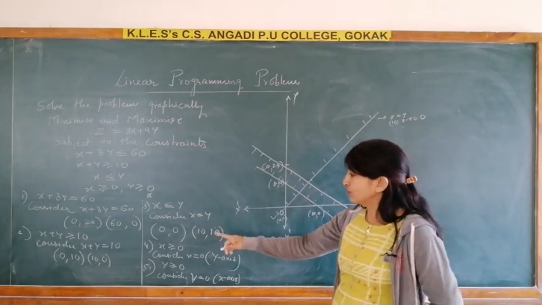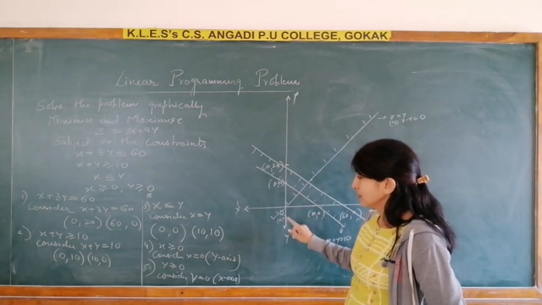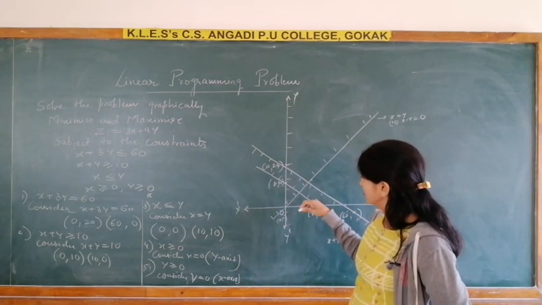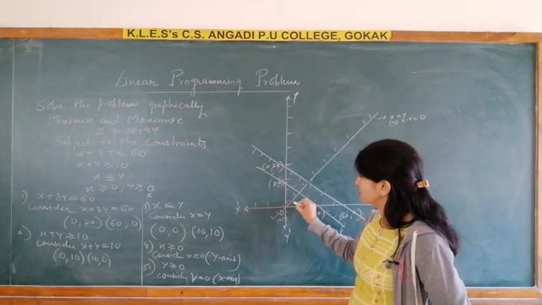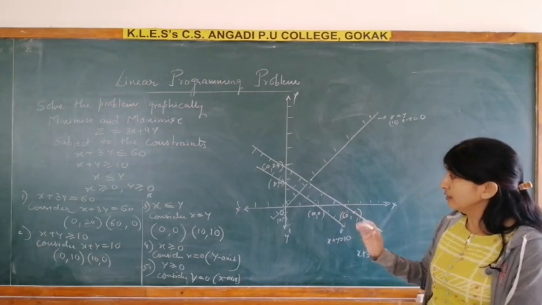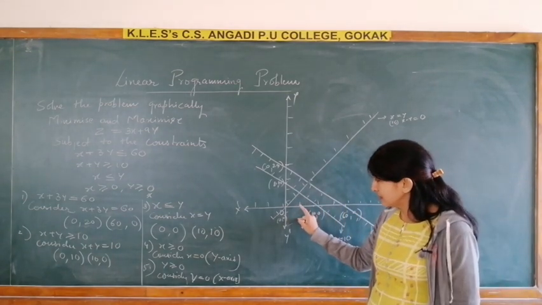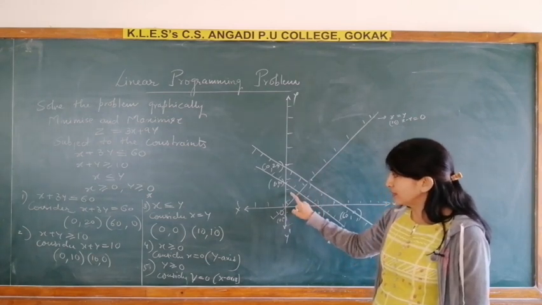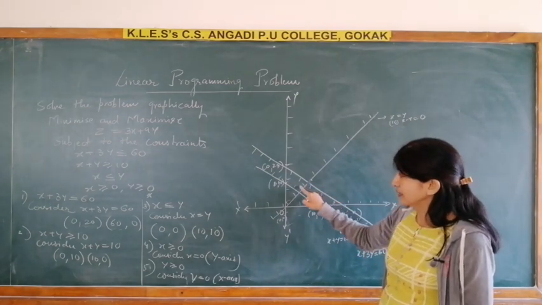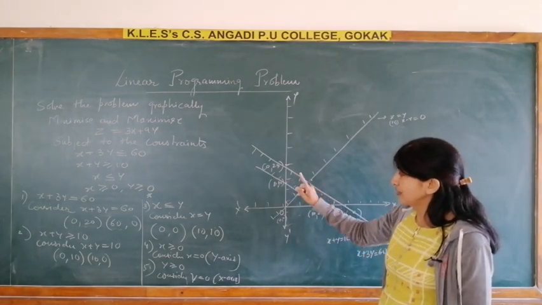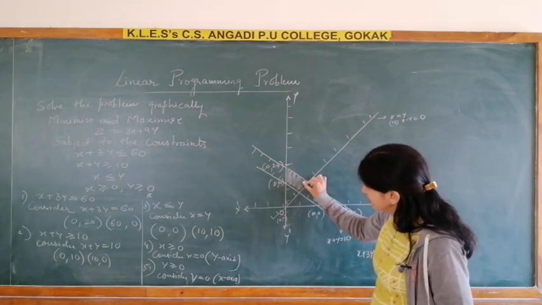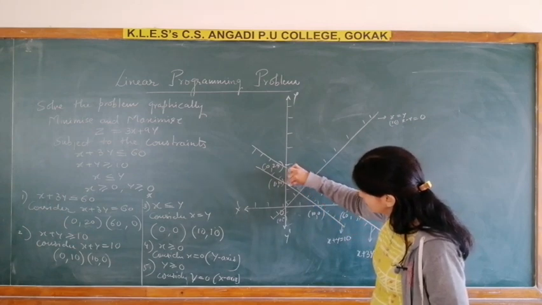Now, the fourth one is the y axis, greater than means the shading is towards this side, and the x axis, greater than means the shading is upward. Now, you have to find the region where all the shadings are inside. If you consider this region, shading is here, this is outside, here outside, inside, here inside, inside and that side, here see, inside, inside, inside, inside. So, what is the shading region now? The shading region is this one.